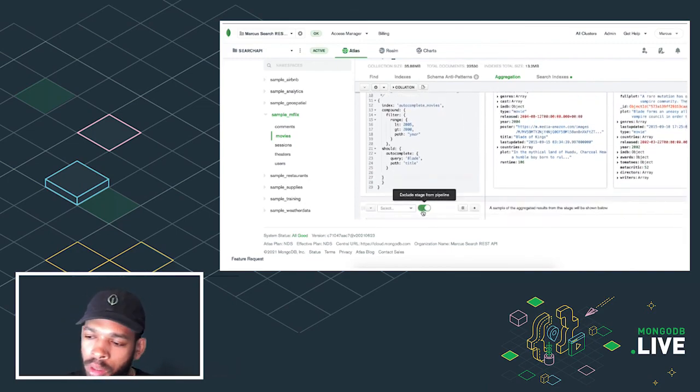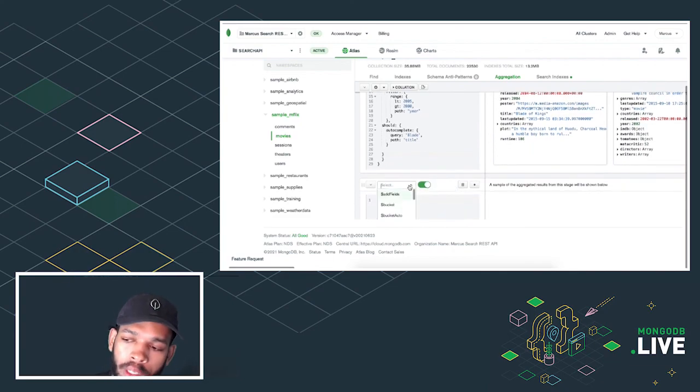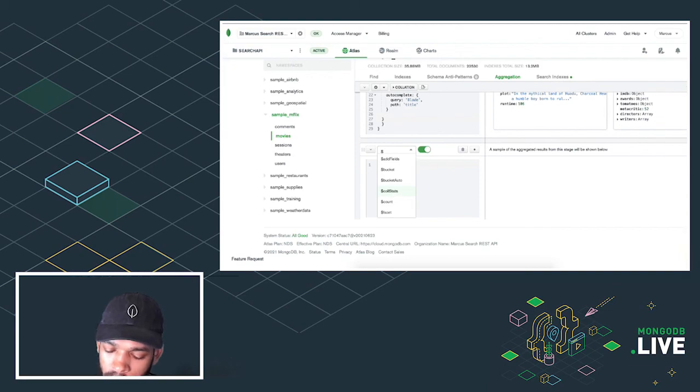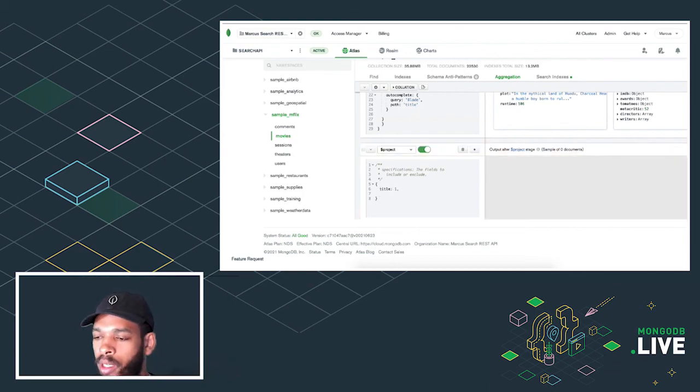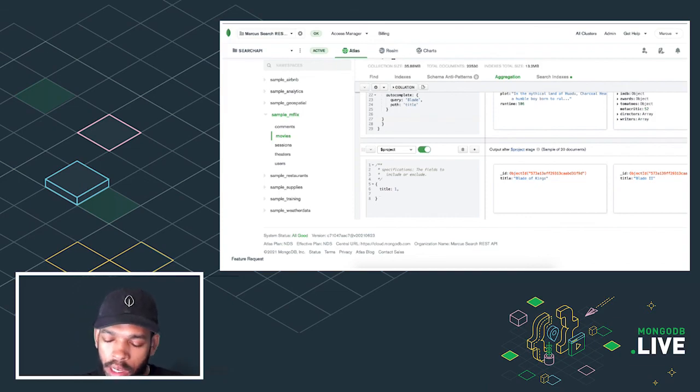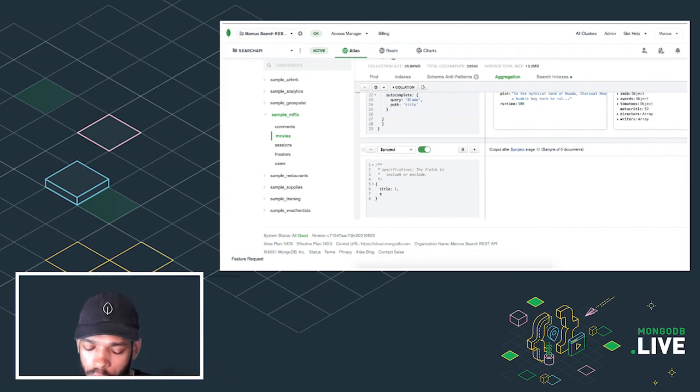Now, with the aggregation pipeline builder, you can make it a little easier to read or reason about what's returned. I'm going to use good old $project. And I want to know what the search score is. So I'll do score.